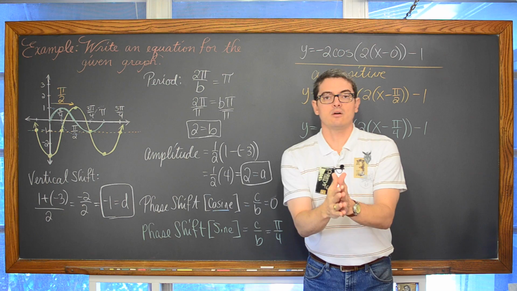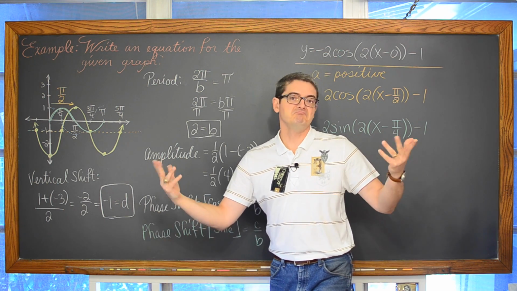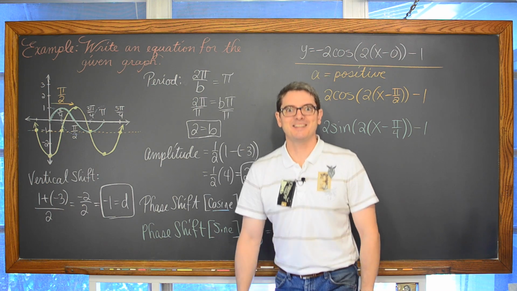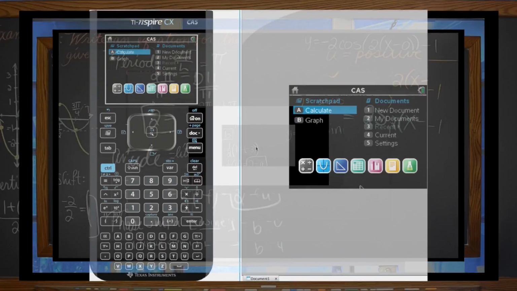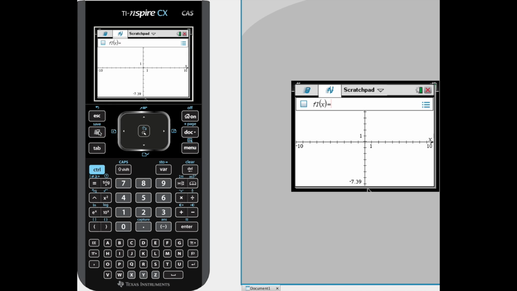So I'm going to again show you that on the graphing calculator, and we'll come back and do our last example. Well, right now, I guess. So here we are again with our TI Nspire. We're going to hit this button over here to the left of the touchpad to toggle to our graph, which will nicely already be open for us.